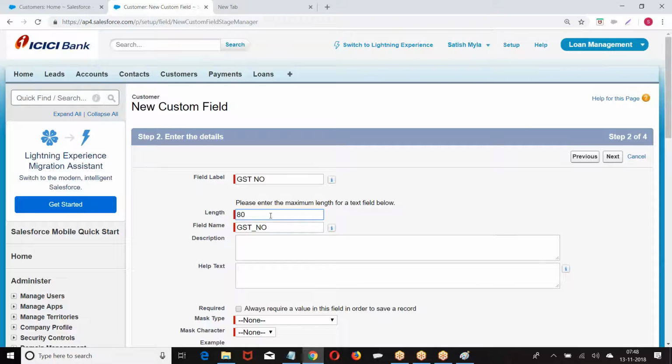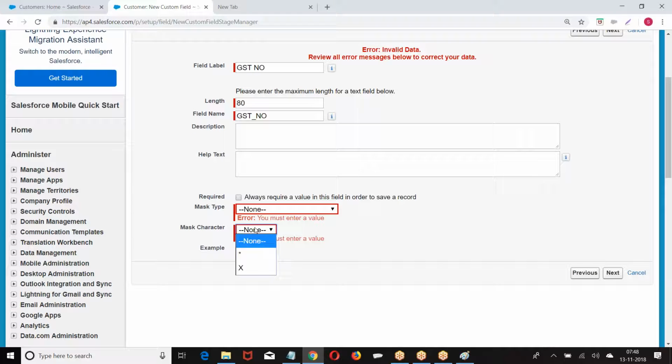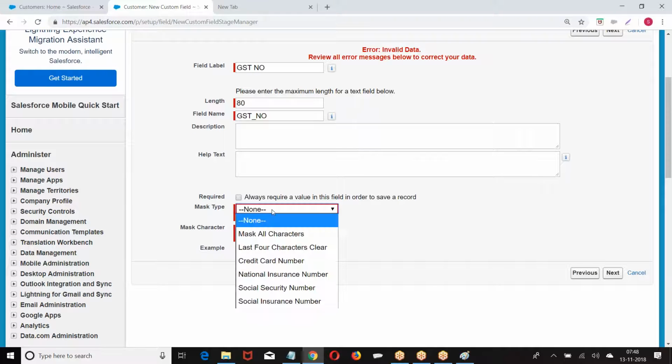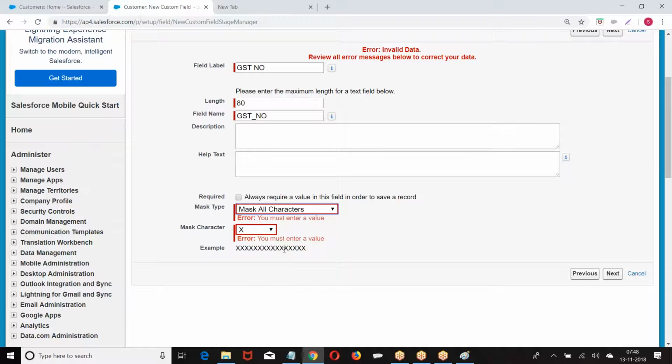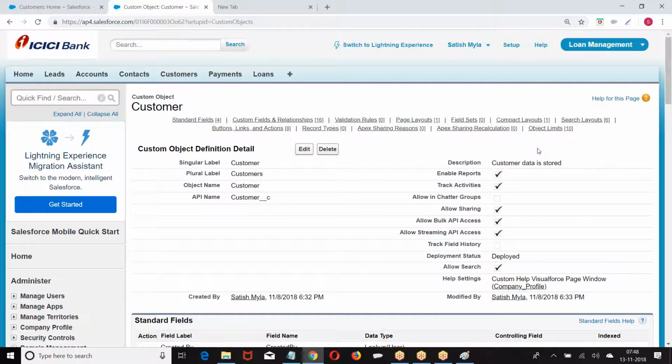GST number. What is the format? Mask all the characters. I hope you are good with this. Clear? This is how we have created.